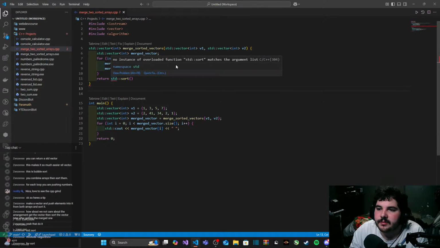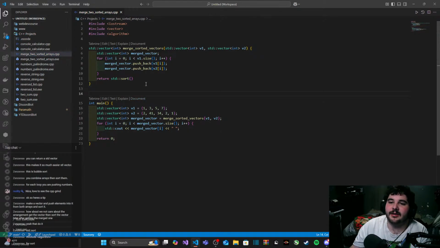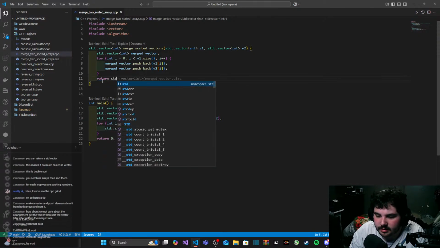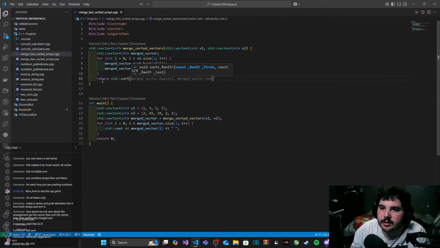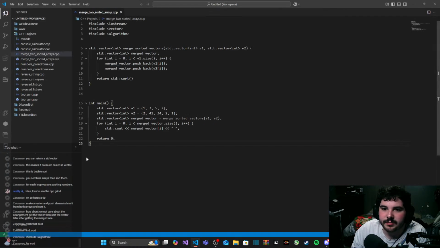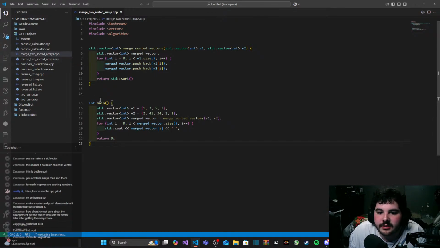No instance of overloaded function std::sort matches the argument list. Quick fix. Okay. That's not gonna help me. Oh, it's not even gonna give me the error anymore, so I'm gonna have to reopen this and see if that'll load back up.